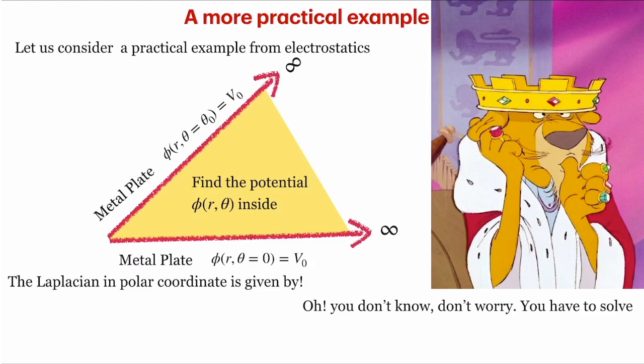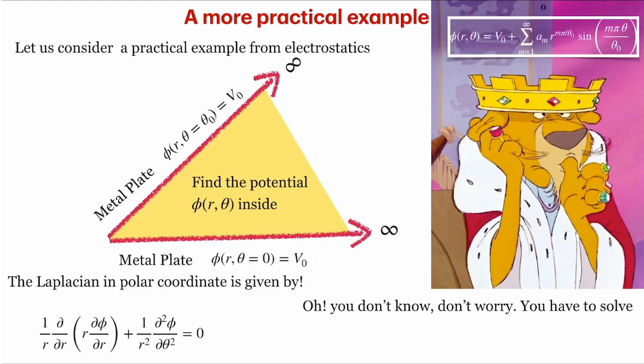Don't know it? Don't worry. You have a Laplacian given by this partial differential equation in two variables r and theta. Currently, our intention is not to find a method to solve this, but rather to see how we can use the concept of a harmonic conjugate to study the field and the potential inside a given region and make out some physical aspect of this. So, of course, Laplace has his wizardry to solve this problem.